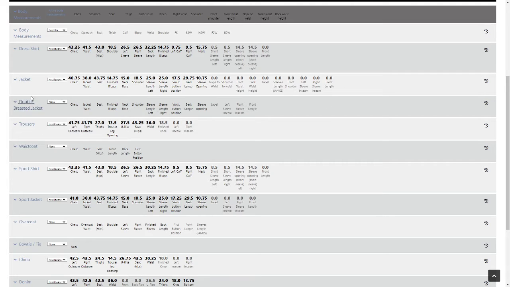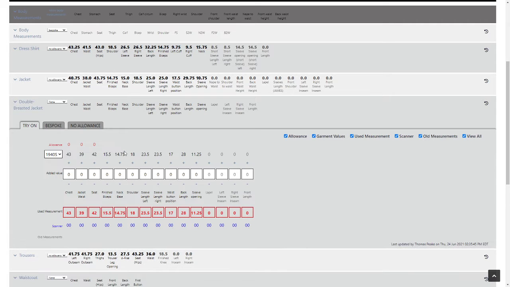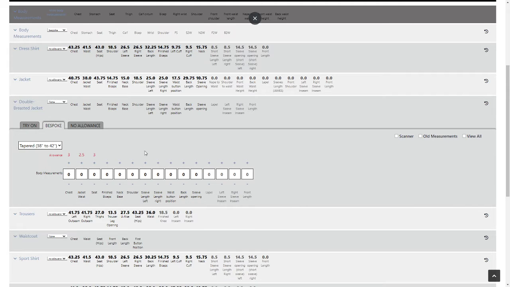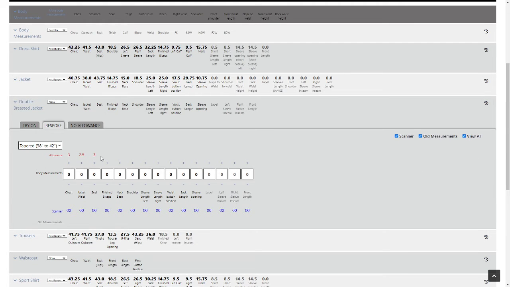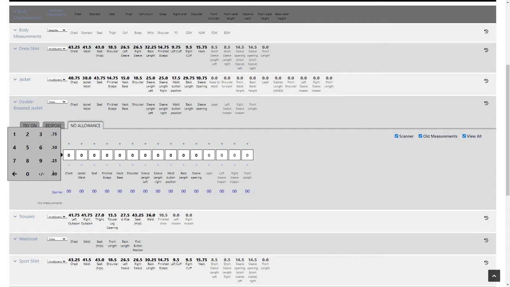If you're entering measurements for a specific item, which you will be if you're using this version of the measurements page, first thing you need to do is click on the drop-down menu for that item, and then choose which of the three styles of measurement you're using. Try-on being the one where you have existing try-on samples that you put your client in to measure them with and make adjustments based on that. You can also choose bespoke, which is body measurements with pre-selected allowances that are displayed in red, or finished measurements or no allowance, which has just the actual size of the item